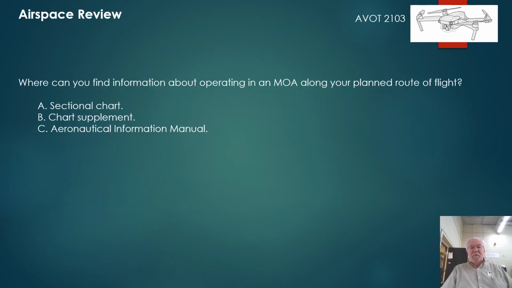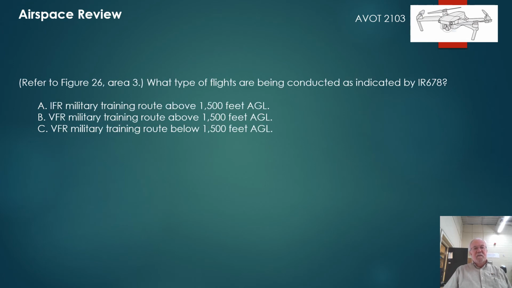Where can you find the information about operating in an MOA along your planned flight? It's actually in the sectional chart on the top. That strip across the top gives you information about that. Figure 26, Area 3. What type of flights are being